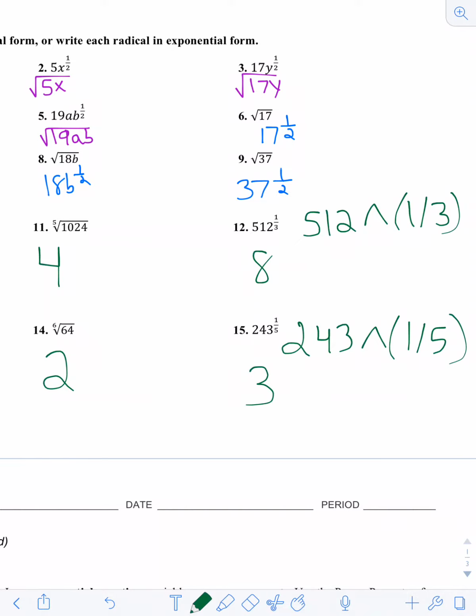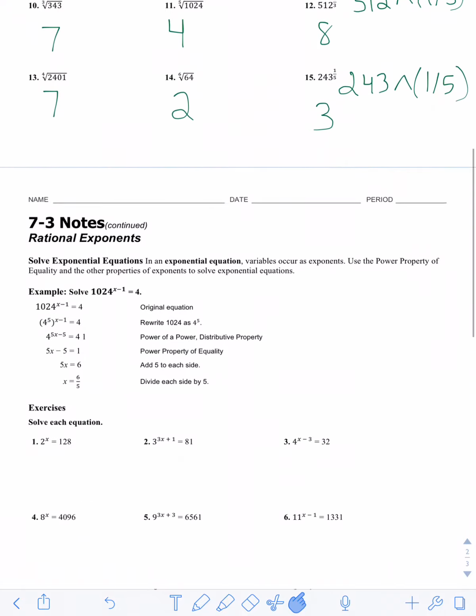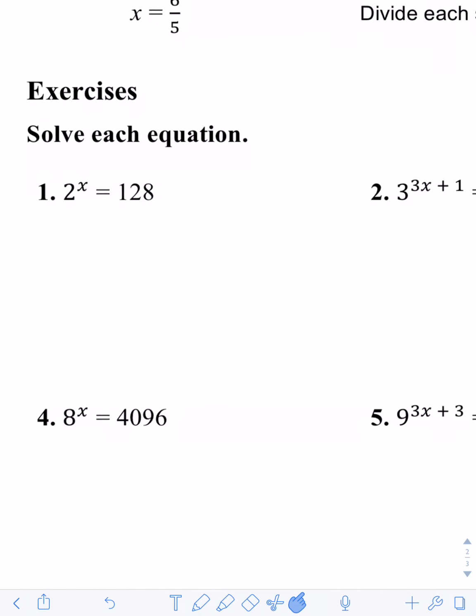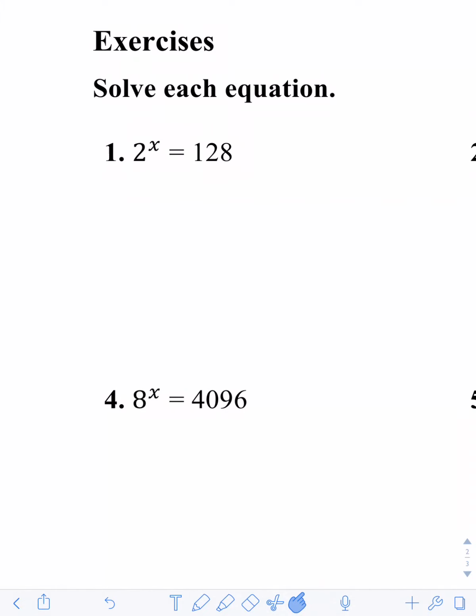Now we're going to do this bottom section, which is a little bit more solving equations. What you have to do here is a little complex, I would say. You're going to have to look at your bases, and you have to figure out how to get your bases to be the same, so that you can get an equation. So let me show you what I'm talking about. So for this first one,